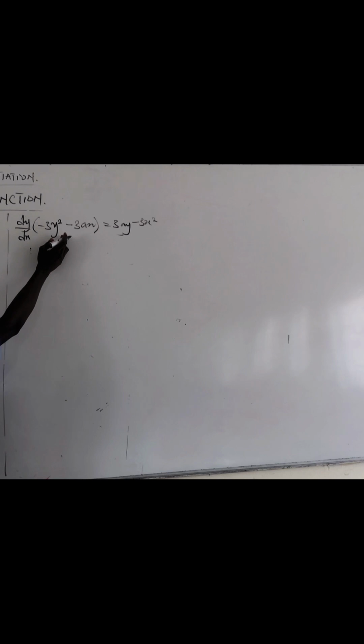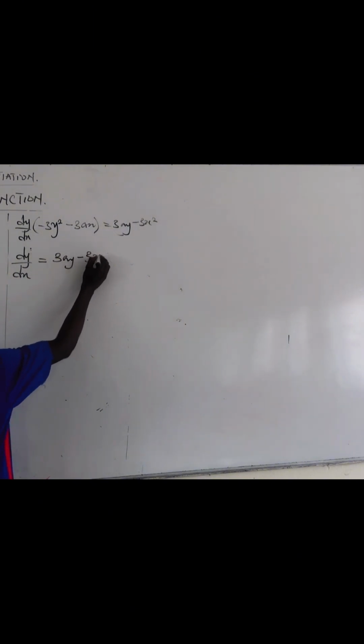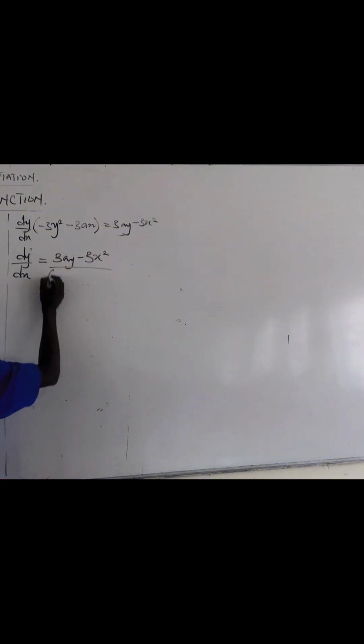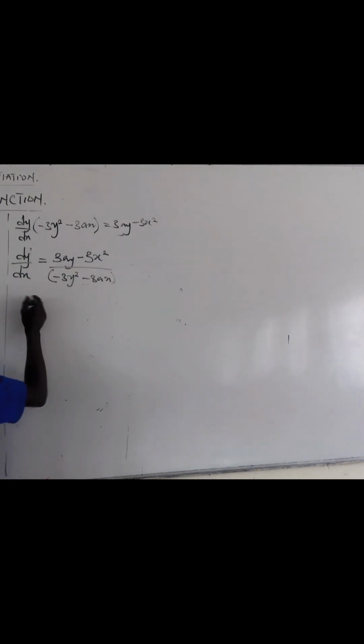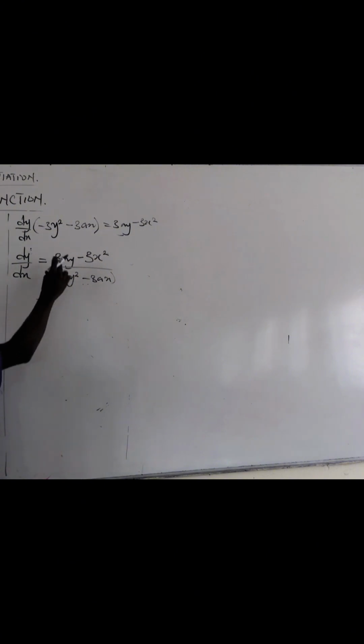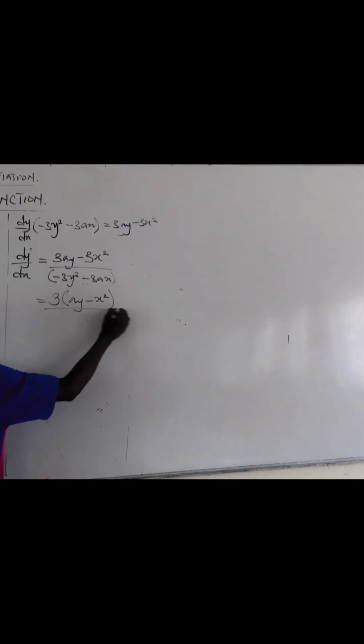So you make dy over ds the subject of the formula. So if you make dy over ds the subject of the formula, you are going to have dy over ds is equal to 3ay minus 3s squared over minus 3y squared minus 3as. Is that not so? So now, what is common between them in the numerator? What is common in the numerator is 3. If you factorize 3 out, you are going to have ay minus s squared over, what is the